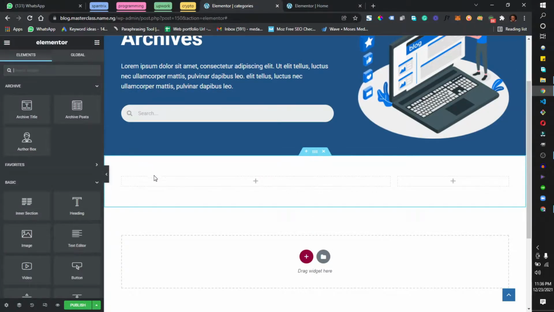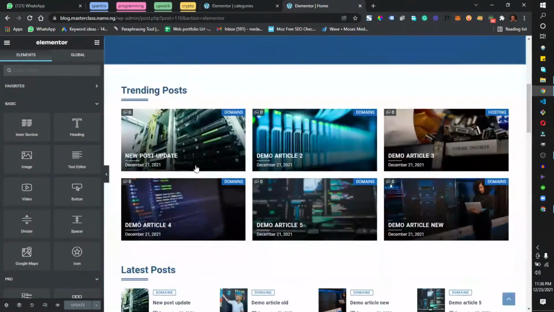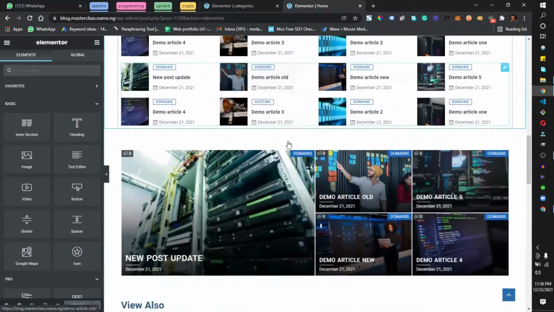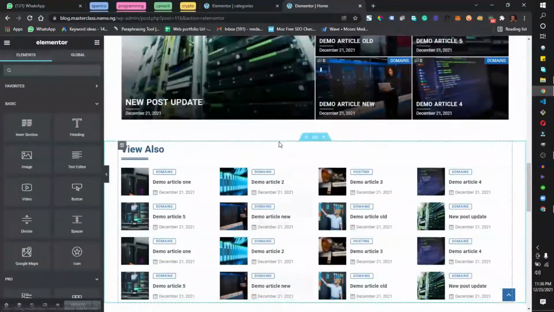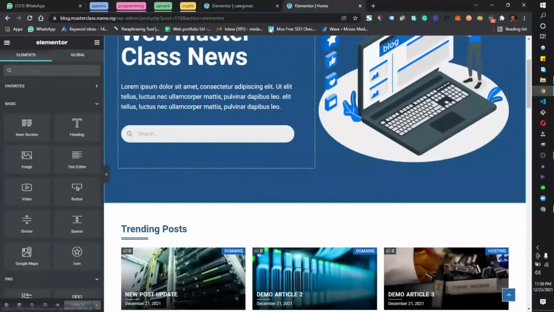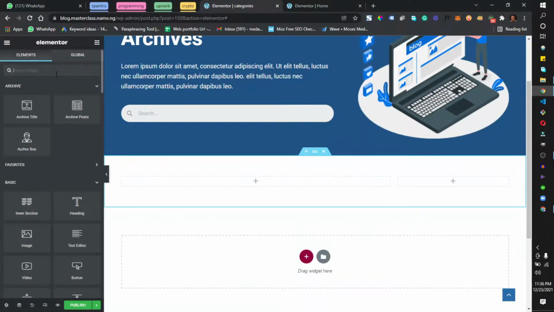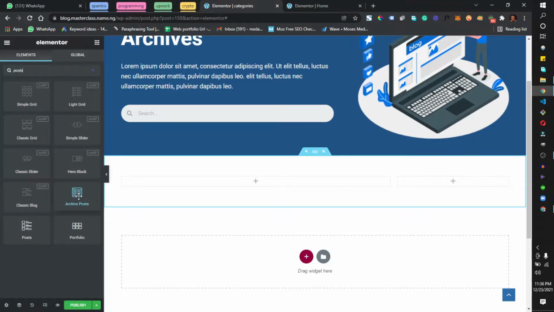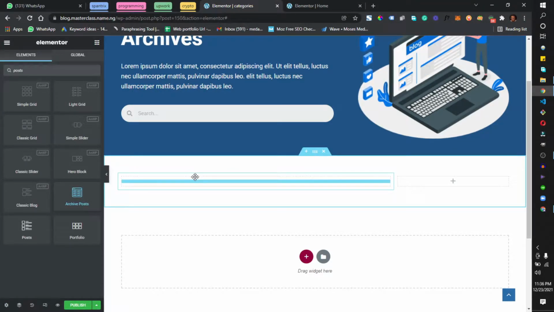And I'm going to come back to my home to copy probably something that I can work with. Oh, I'll just come back here. I'm going to search for posts, and I'm going to drag in the archive posts widget to this place right here,